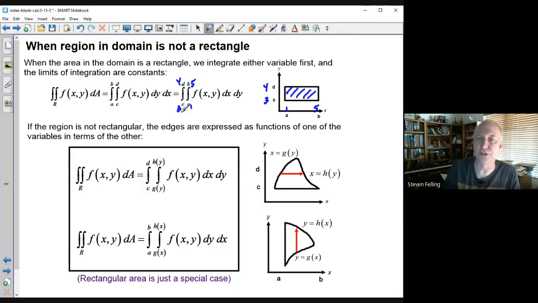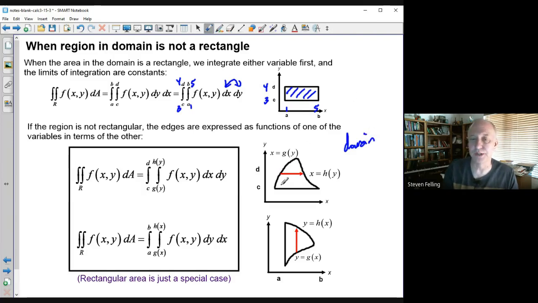And because these are just numbers and there's no dependency, you can choose to do either x as the inner integral and y as the outer, or the other way around. There's no dependency, so you're free to choose whichever you think is best, and they'll both be about the same level of difficulty. But if the region in the domain is not rectangular, so these are all domain regions over here, then you've